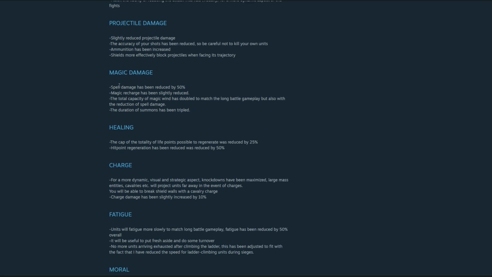Okay, magic damage. Spell damage has been reduced by 50%. Magic recharge has been slightly reduced. The total capacity of magic, the winds of magic, has been doubled to match the long battle gameplay, but also with the reduction of spell damage. And the duration of summons has been tripled. So you're going to see